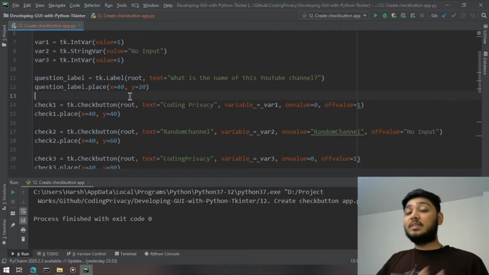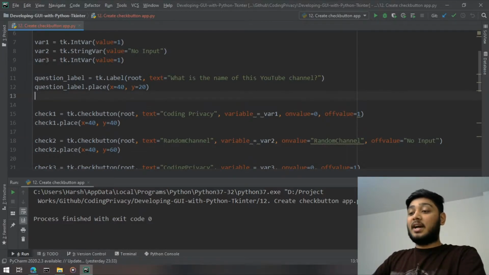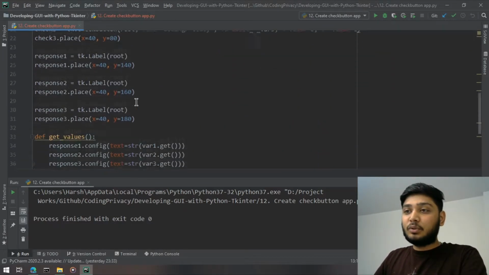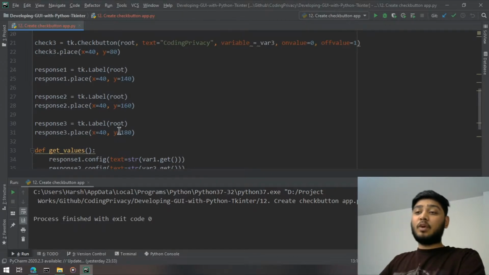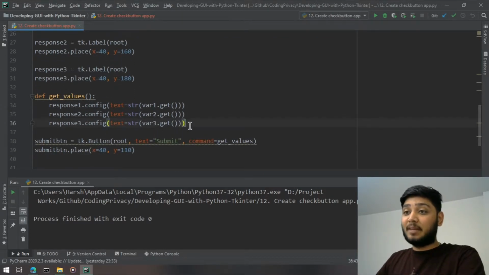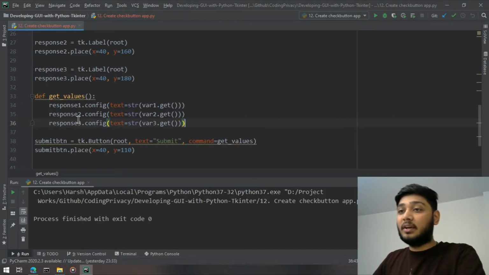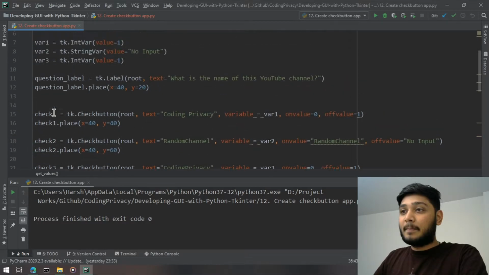For that, there's one thing I left to show you in the last video. This is exactly what we did in the last video, the same to same, and then we're going to modify this code a little bit.